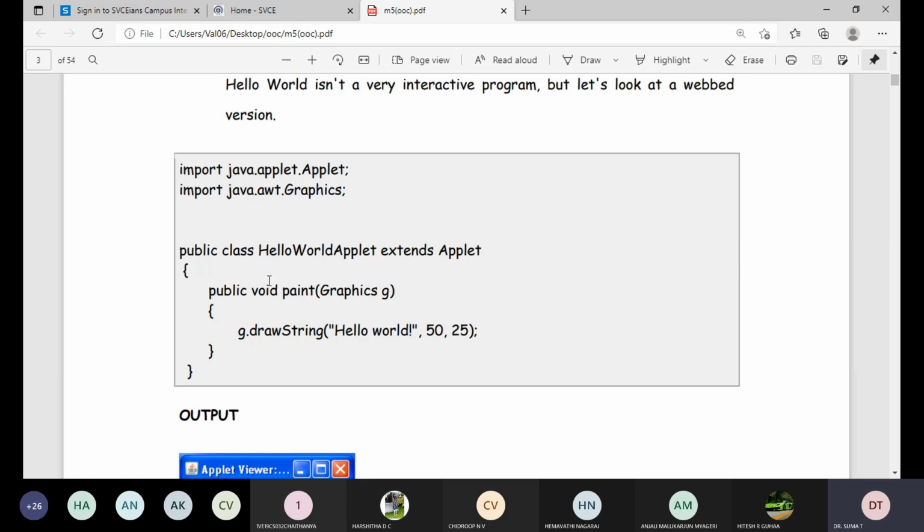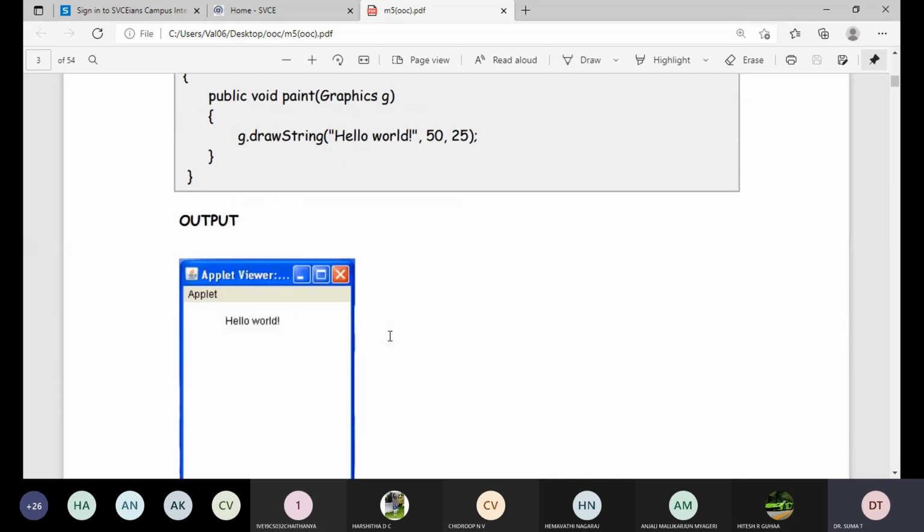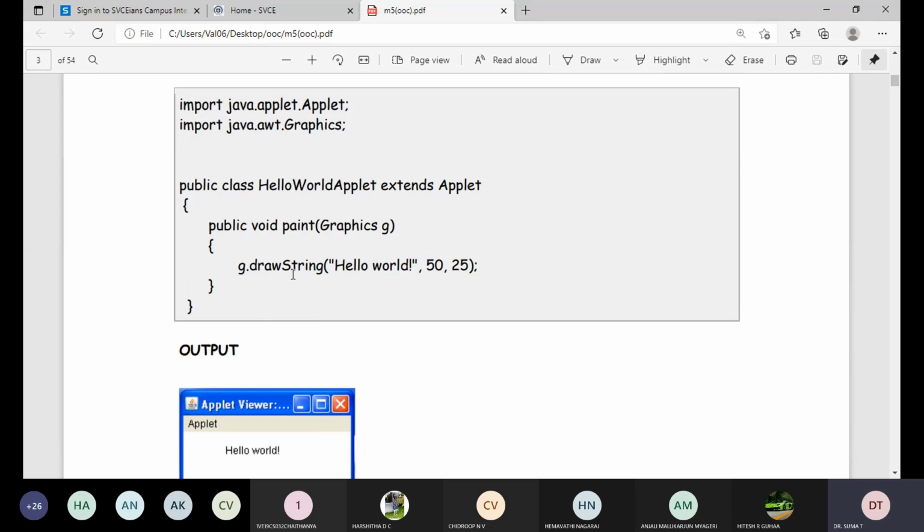HelloWorld is the name of the class we have given, and we are going to print it in this format. g.drawString Hello World, with the horizontal and vertical positions, the x-axis and y-axis, within the width of the window of your computer.